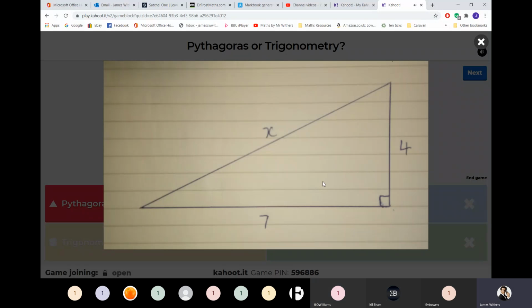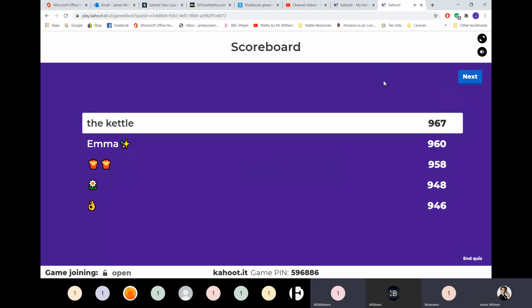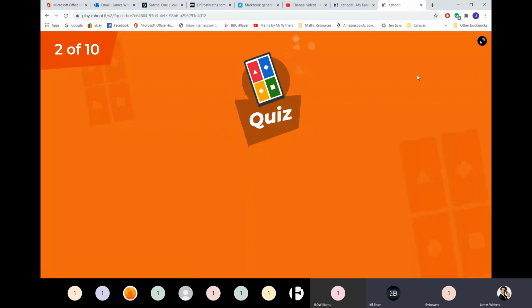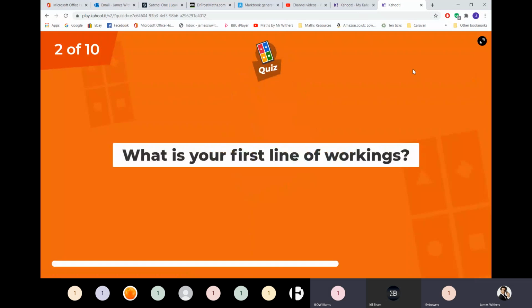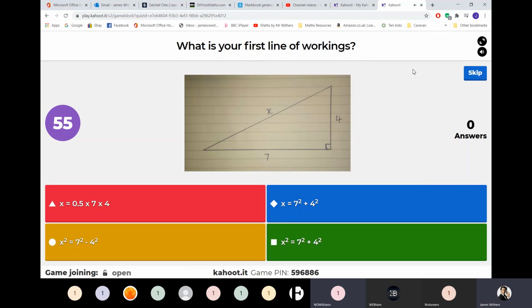Find a side, it's always Pythagoras. Because we're finding the hypotenuse and adding Pythagoras. Right, who's top of the leaderboard? Right, okay, not a Welsh person in sight. Right. Good. Well, considering it is 1 to 12, I think I'm doing quite well. What's the first line of workings, guys?